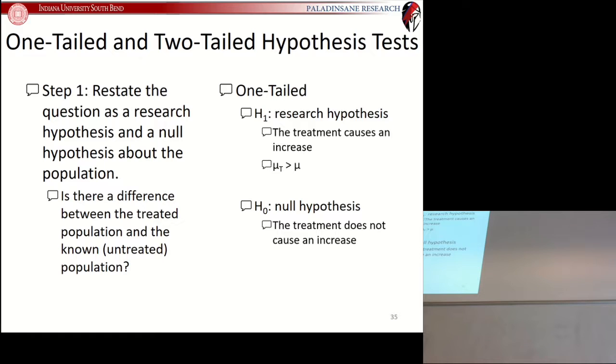Treatment causes an increase, we write that out as the mean of your treated population is greater than the mean of your untreated population. So now for the one-tailed, the increased one, that possibility that your treatment increases scores is covered by the research hypothesis. Your null hypothesis has to cover